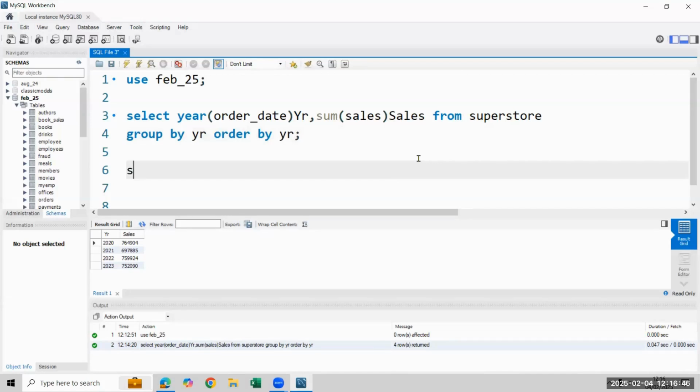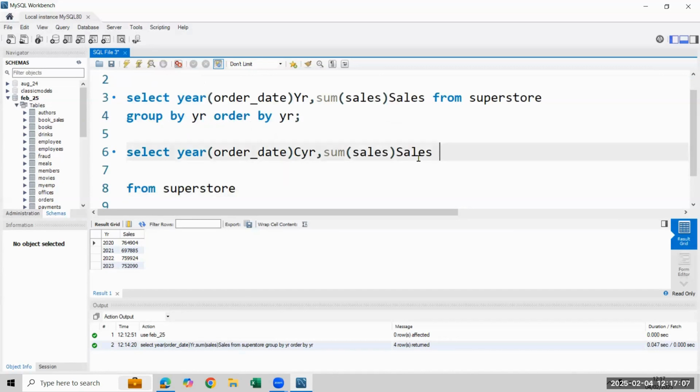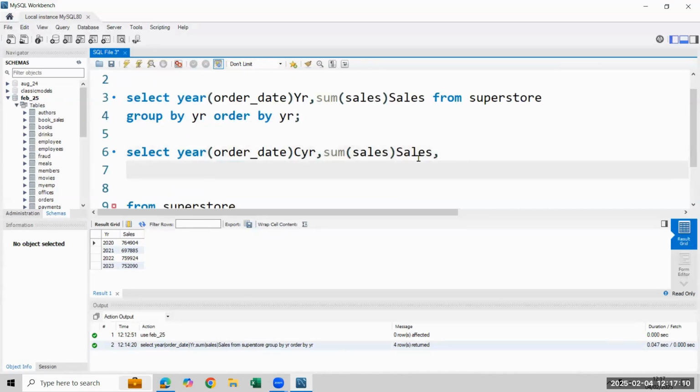So how to get it? First, you're going to write year of order date as current year. I'm just writing here CYR, which is known as current year. Clear? Then I'm using sum of sales as sales from Superstore. But when I need the last year also, then I'll use a comma and write here the formula called lag. Lag will give you the previous year sale. So sum of sales